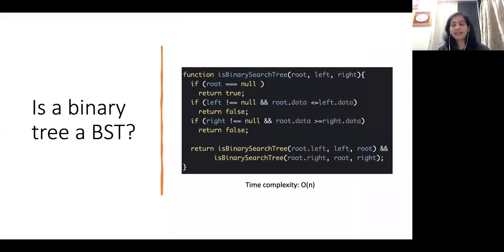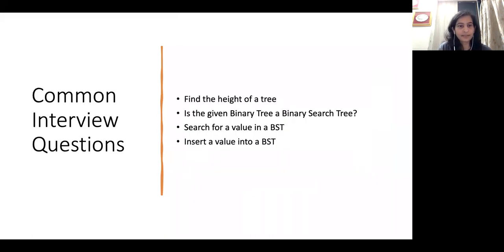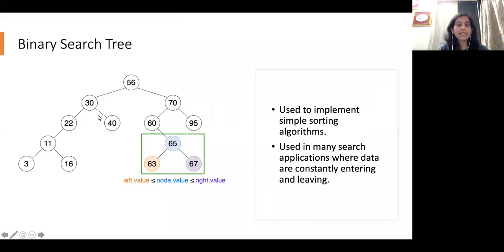Okay, fine, if nobody's raising their hand. A simple thing: if you look at a binary search tree and traverse it in order, so let me go back to the binary search tree, what would happen? It would basically be a sorted array, right? The in-order traversal for this tree would be 3, 11, 16, 22, 30, 40, 56.